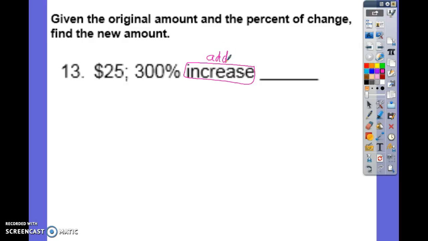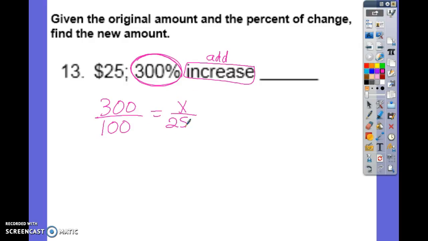So when we look at this problem, we see that we have a number that has a percent sign next to it. So that tells me that I'm going to need to use that to find the percent. So I have 300 over 100. Percent means out of 100. The denominator will always be 100. And we need to know what is a 300% increase of $25. So my part, I do not know. My whole is 25. So now I have my proportion set up, and I will need to solve my proportion. Cross product, 100x,